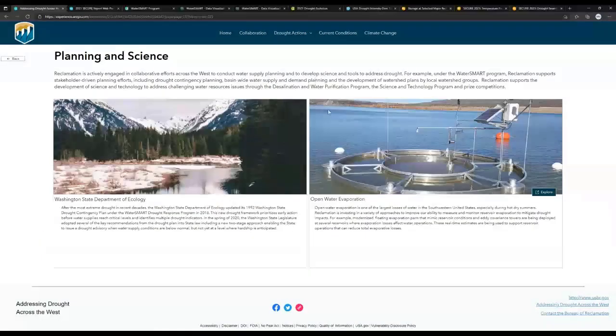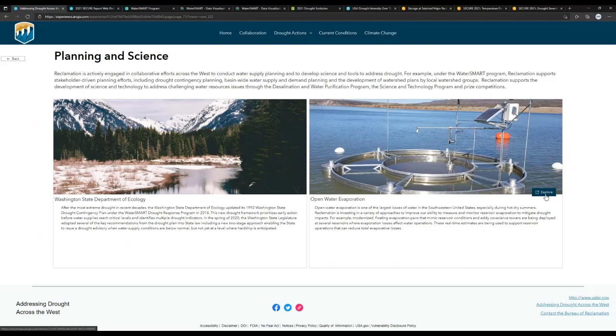If you scroll, yeah. So this is just another example. Under our planning and science, we have a couple of examples here. On the left, we have the Washington State Department of Ecology, which recently updated their statewide drought plan using WaterSmart funding, and they actually identified some triggers for drought that allowed them to make a statutory change in the state of Washington to change the definition of the onset of drought, that allows them to be more proactive there.